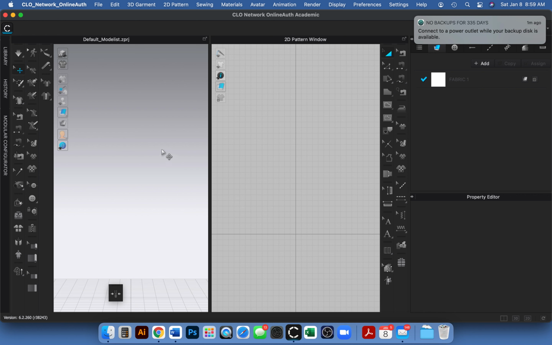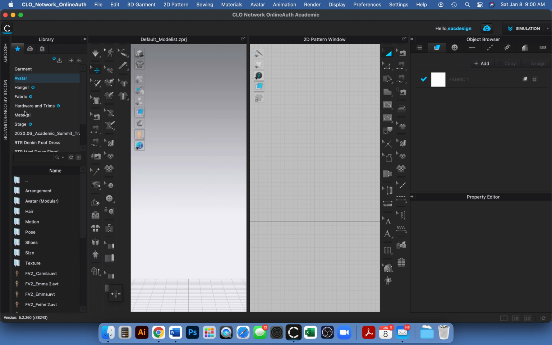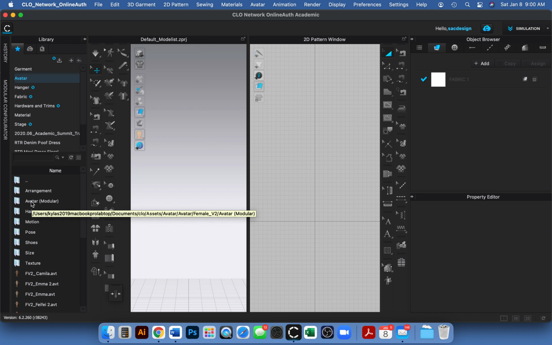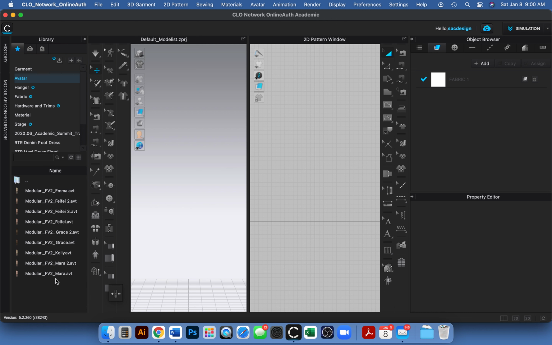For modular avatars, I am in 6.2, the new one. I can click on the library tab, and it opens it up. I can double click on avatar. I'm doing female version 2, you could do male version 2. And then I do have a folder that says avatar modular, but it sounds like some of you guys don't